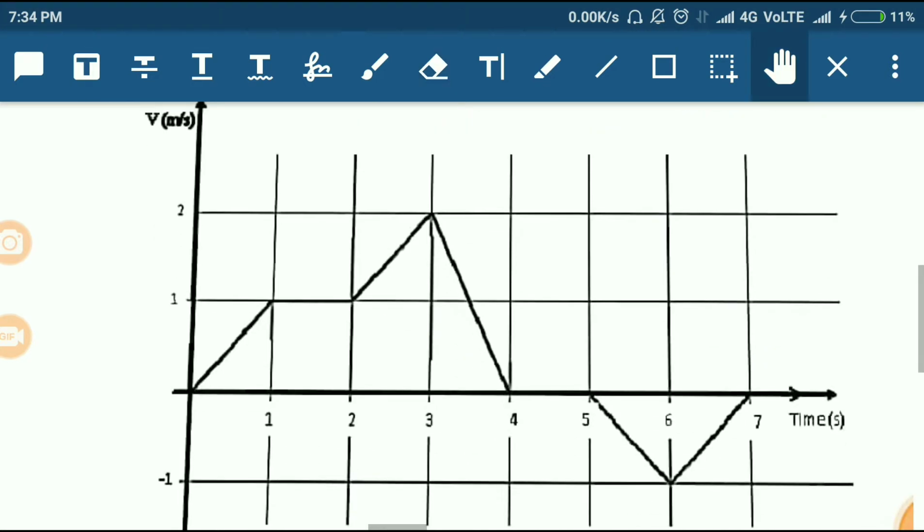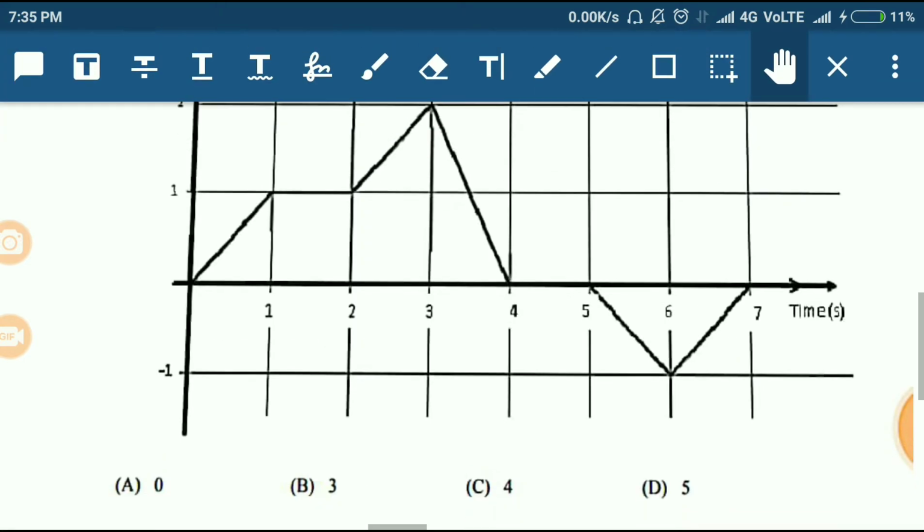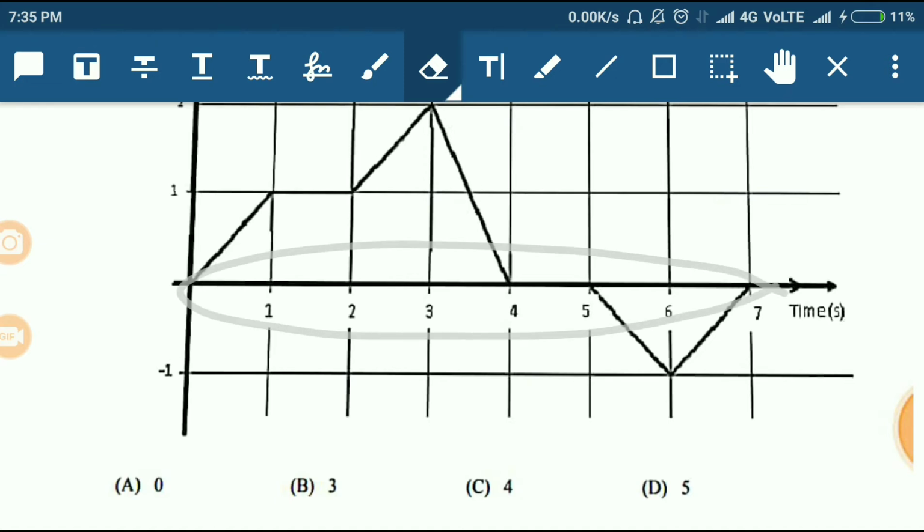So for solving this, we are given velocity versus time. So we can logically say that the area covered under this triangle in this 1 second would be equal to the distance that is covered by the vehicle. In the mathematical part, we can take it as an integration. So by calculating the area, we'll calculate the distance covered in every 1 second, since we are given the velocity and the time. And adding all those 7 seconds of distance, we'll be able to find out the total distance that would be covered by the car in these 7 seconds.